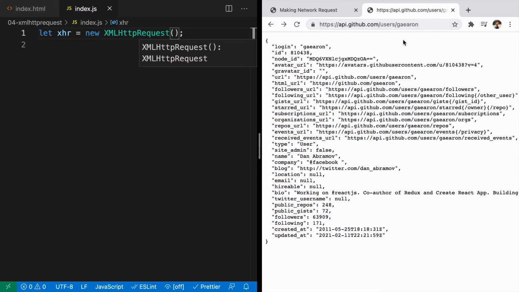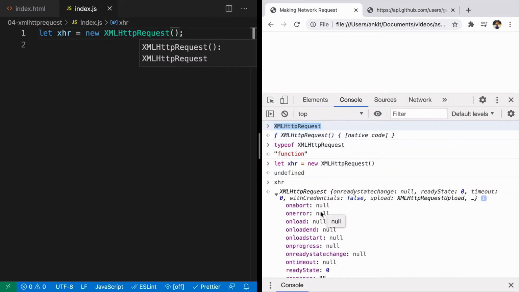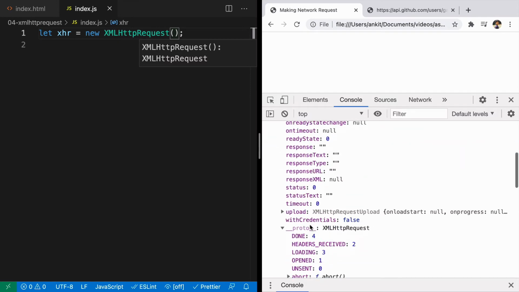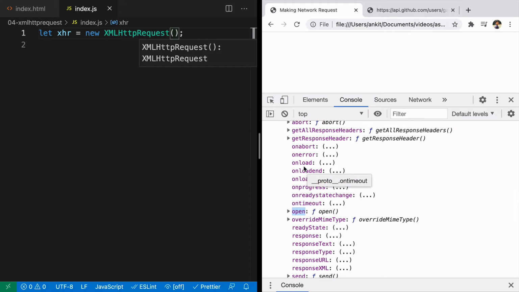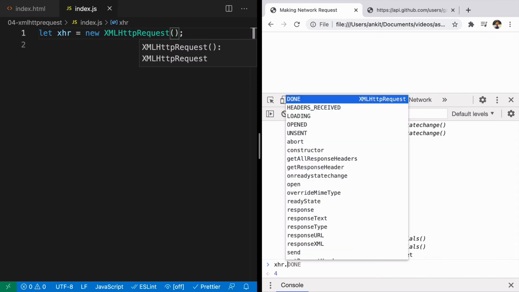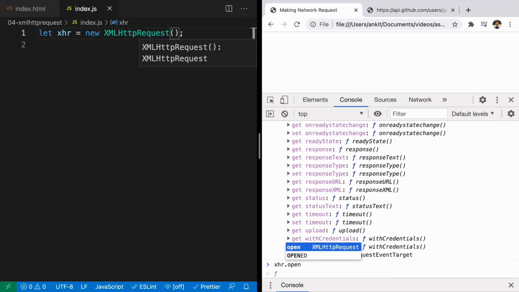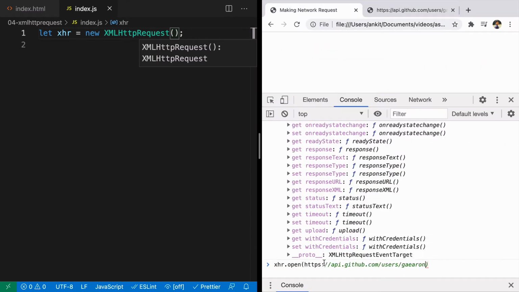Similarly, you can go back and it will display the information about this specific username. So here, the first thing that you see is the XHR object. Inside the render proto, it has a method known as open. Using this method, we can open any URL. So here you say xhr.open, meaning I want you to go ahead and open this URL. I'll copy this URL from here and paste it here.